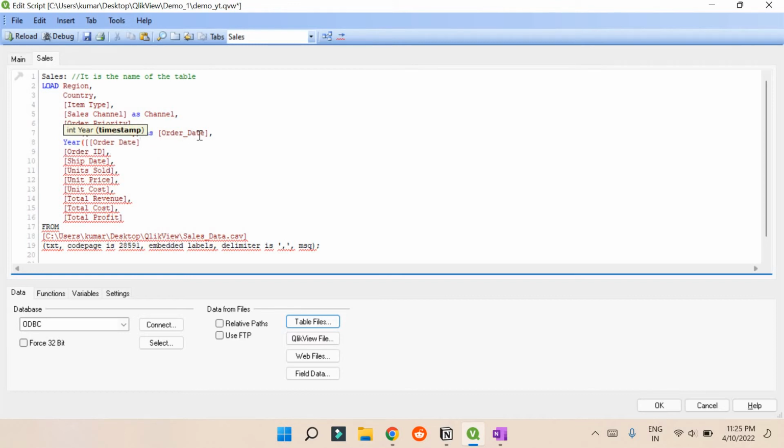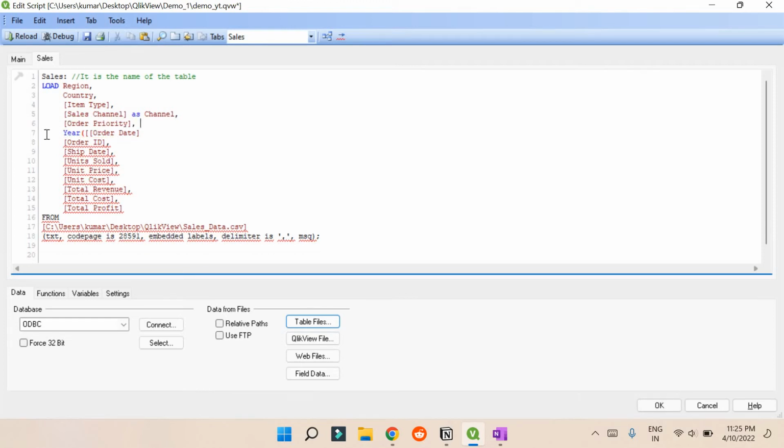So the first thing is we have renamed this thing. Let's not rename it first. Let's remove this. We just want to keep year, month and date. So what you can do is year of this as order year,